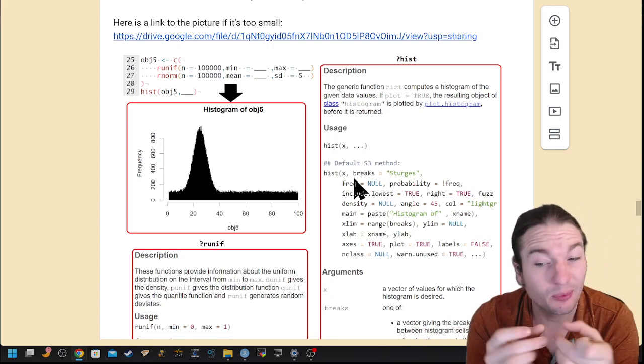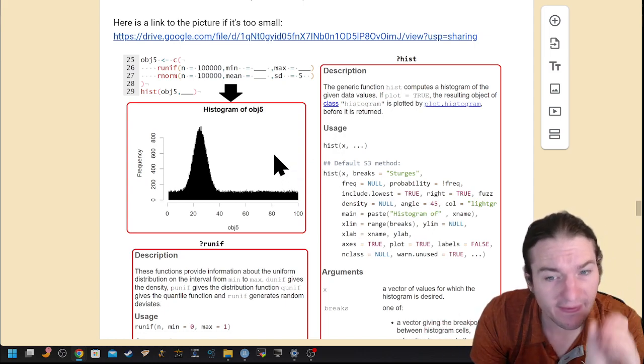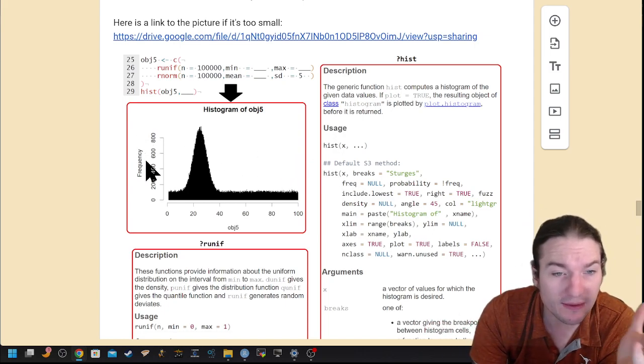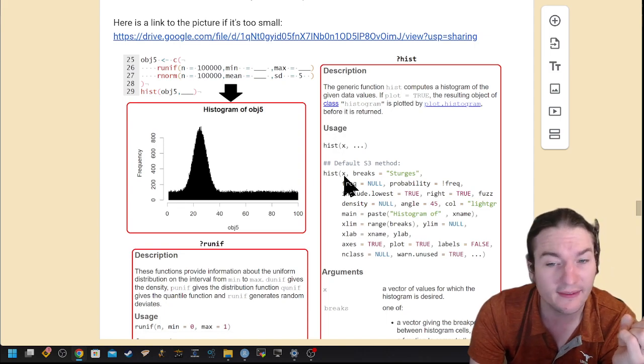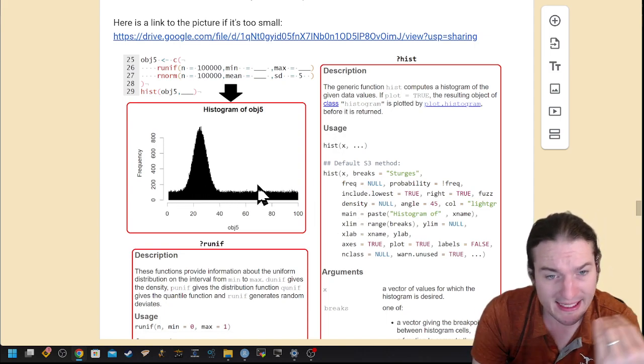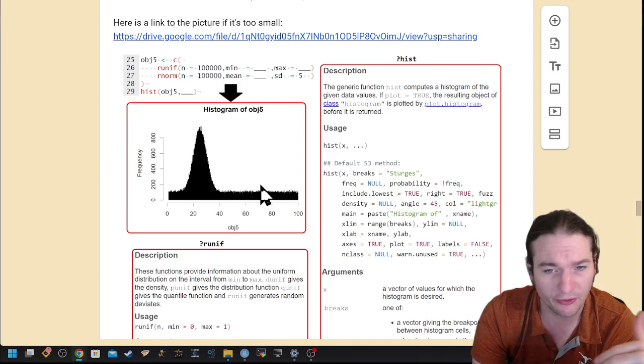Hist has really wide bars by default, but here I've made them very, very tiny, which is fine because this is a ton of data. It's 200,000 data points, so it can be fairly small bins. It's also truly continuous data. There's no gaps because of whole numbers being needed.